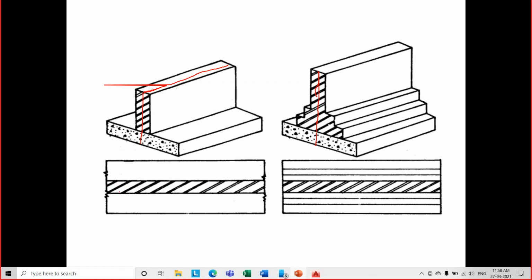Similarly, in the plan also, this is the plan view. If I am able to draw a center line, the same center line will do good for the PCC as well as the SSM. In most cases, we do not construct the wall exactly at the center of this top layer of SSM. We usually tend to construct at this edge. When I do that, the center line of the wall and the center line of the substructure will not usually match, right? If we have such complicated cases, we will look into them at later stages.